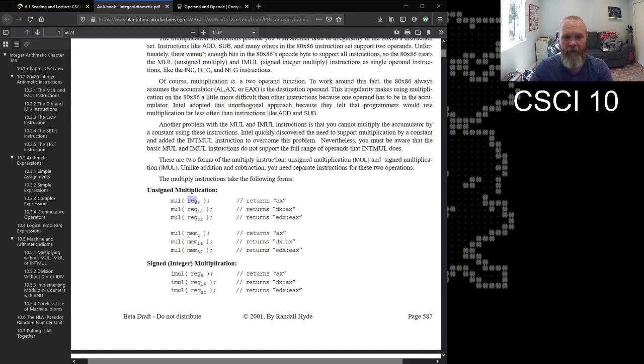If I put mul BL here, Intel always assumes that the X part is AL, always. So for 8-bit multiplication, the X part is always AL. For 16-bit multiplication, the X part is always AX. And for 32-bit multiplication, the X part is always EAX. So you have to get used to the idea that the other part of the equation is implied. It's hardwired to the multiplication instruction.